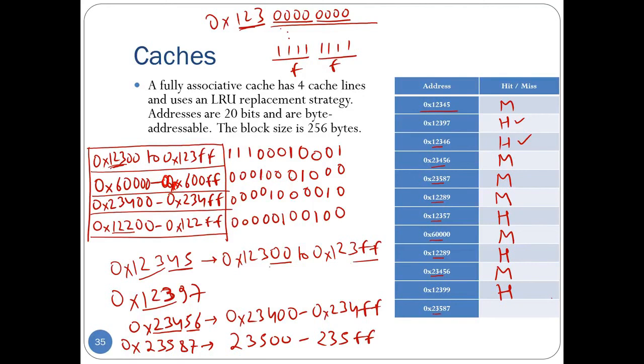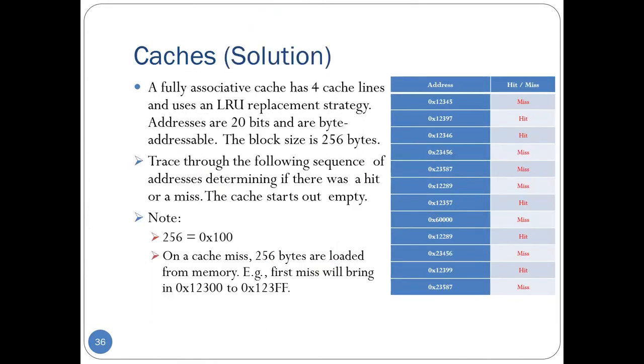Lastly we have hexadecimal 23587. Now the 235 tag is not present right now, right? We have 123, 600, 234 and 122, right? So this is going to be a miss. And once again in response to this, we'll bring in data in the range 23500 to 235FF, and we'll have to evict the LRU line from here. So I hope you get the idea of how to solve this problem. The solution to the same problem